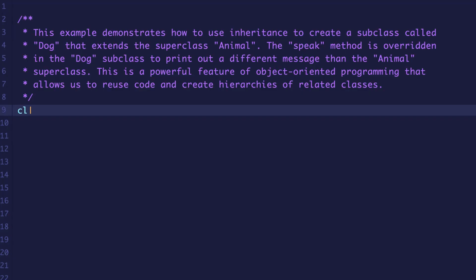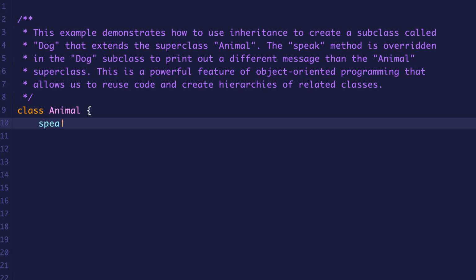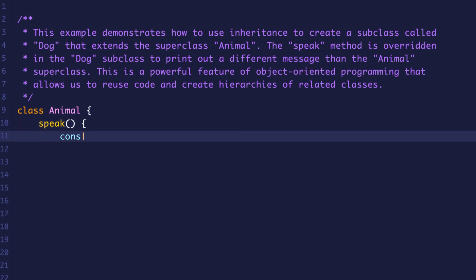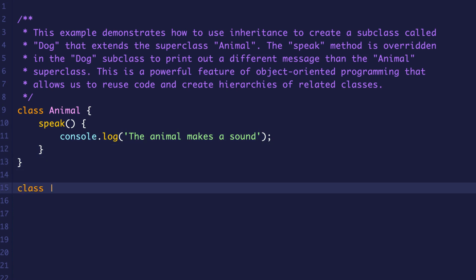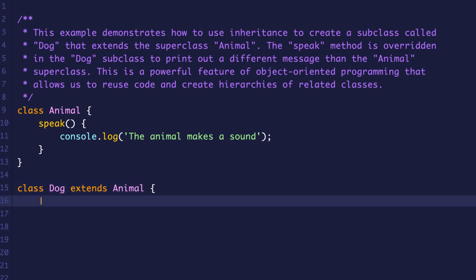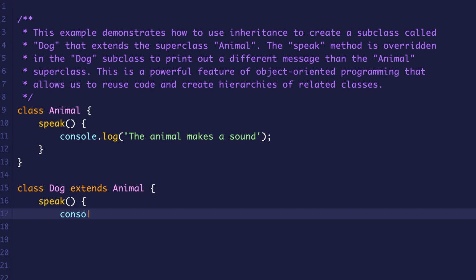Inheritance. Inheritance is a way of creating new objects based on existing ones. In JavaScript, inheritance is achieved through prototype-based inheritance, where objects can inherit properties and methods from other objects. This allows for code reuse and enables the creation of complex object hierarchies. Inheritance is commonly used in JavaScript to create class hierarchies and implement object-oriented programming concepts such as encapsulation, polymorphism, and